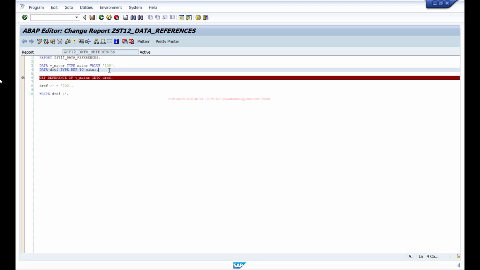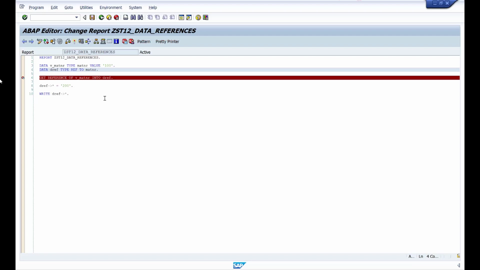But with data references, we can dynamically determine the type and accordingly handle the logic by using this anonymous data object. So at design time, you don't have to know the data type, but at runtime, you can dynamically make it any type. You can make it a structure, you can make it an internal table, whichever type you want. So to demonstrate that, I'll show you one example. We'll create one basic program where you can give any database table name in the ABAP dictionary, and I'll pull out data from that table and show it to you. So one program I'll develop using which you can see the data from any database table.